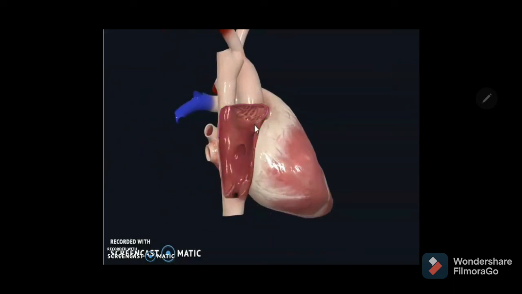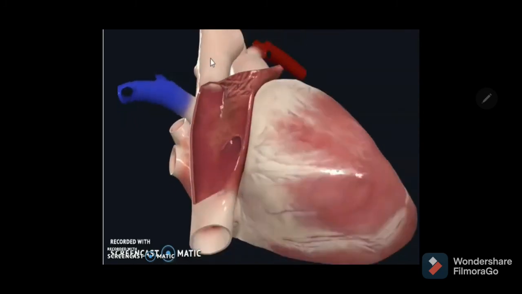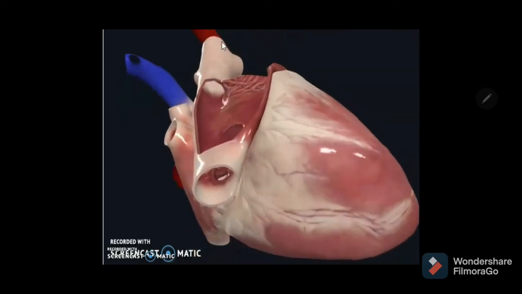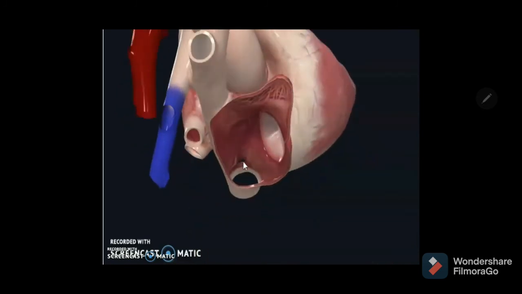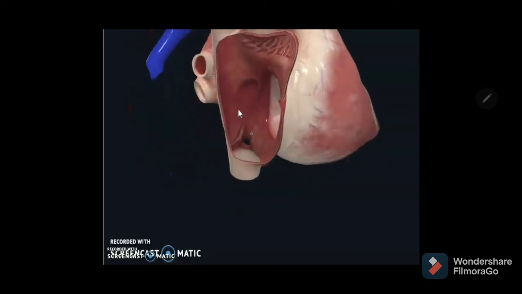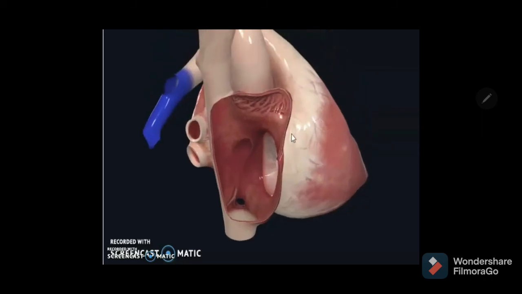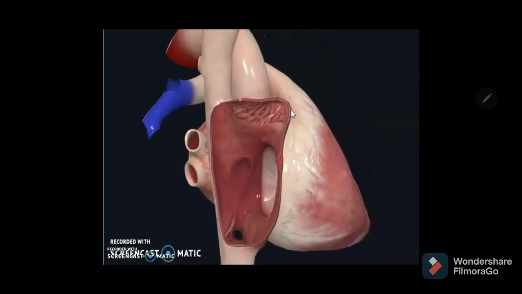Now let us see the posterior smooth part. Here you can notice above there is an opening of the superior vena cava. It does not have any valve, but sometimes it has a ridge that is commonly seen in lower animals. That is the inferior vena cava, what you are observing. And here you can see the coronary sinus guarded by the Thebesian valve, and here you can see the triangle of Koch between the tricuspid annulus, tendon of Todaro, and opening of the coronary sinus.